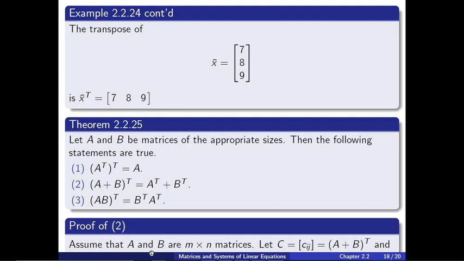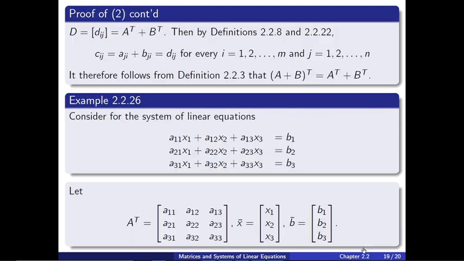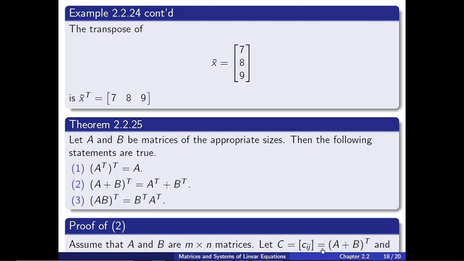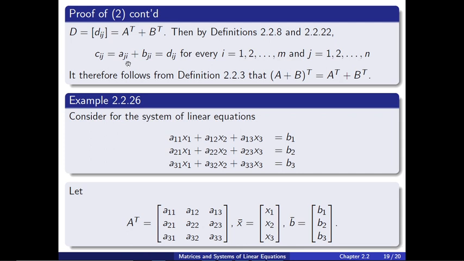So assume A and B are m by n matrices. Then let C be the transpose of the sum of A and B, and D be the transpose of A plus the transpose of B. Now, what do we know? We know that Cij, which is the transpose of the sum, will be equal to Aji plus Bji, because we would have